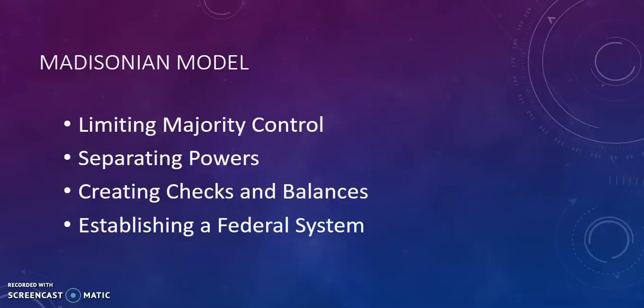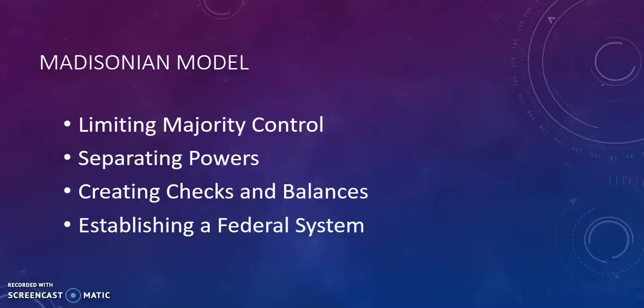Now, one thing that really encapsulates our Constitution is the Madisonian Model. We have a federal system between the national government working with the states. Think about the coronavirus response with respect to ventilators, right? The federal government is distributing ventilators to states. States are trying to help one another and working with the national government. That's our federal system. We have checks and balances where neither branch is going to gain too much power, hypothetically, and can check the other branch, which we'll get into on later slides.